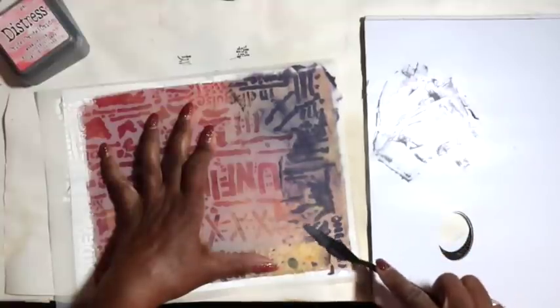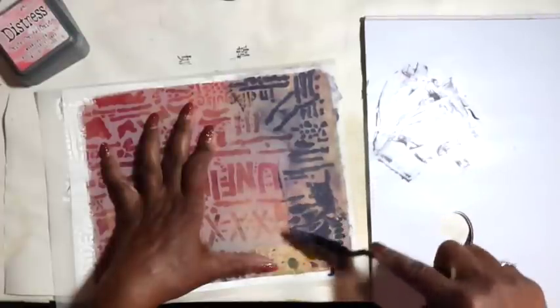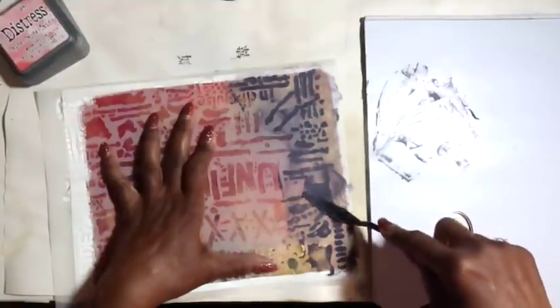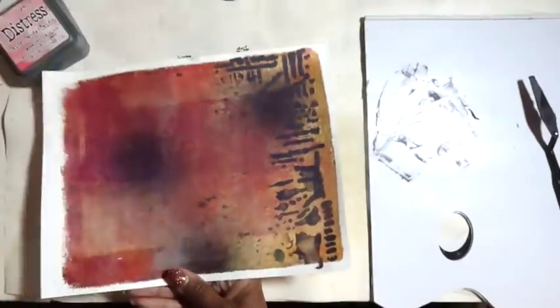Well, this is cool. Okay. Kind of spreading it all around so I use it all, so I have this sort of random pattern. Okay, lift this up. Oh, look at that. Love it. Just a little bit of that language down at the bottom. How cool is that? Oh, on our Gelli print. Beautiful. So I'm gonna put this aside so it can dry, and we're going to